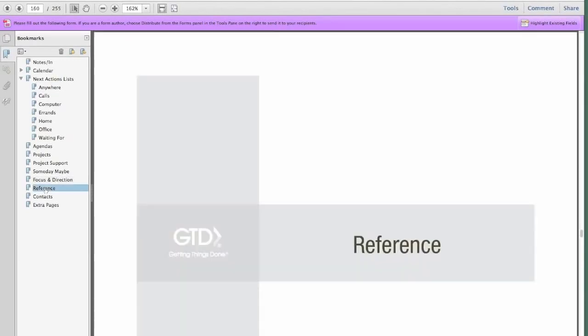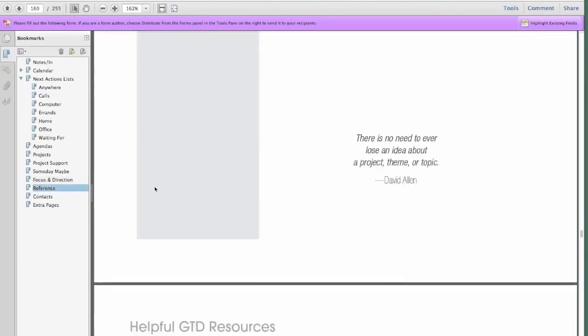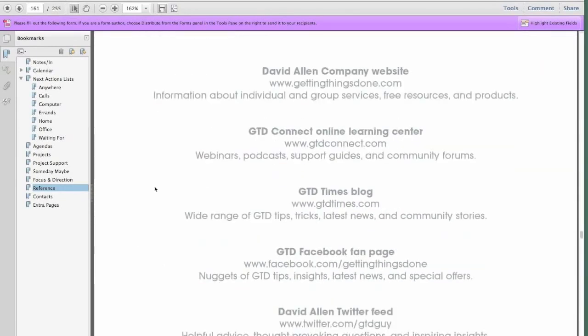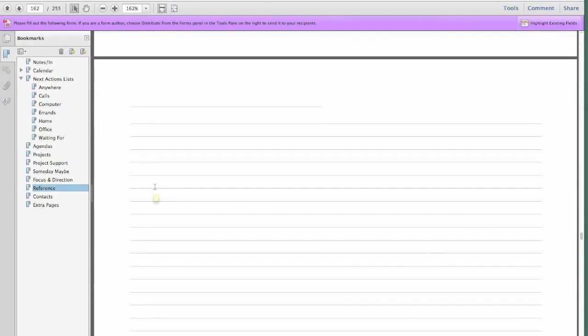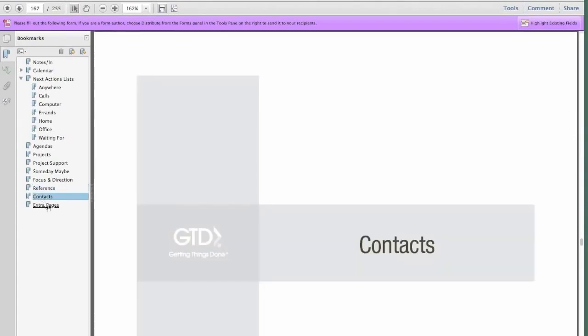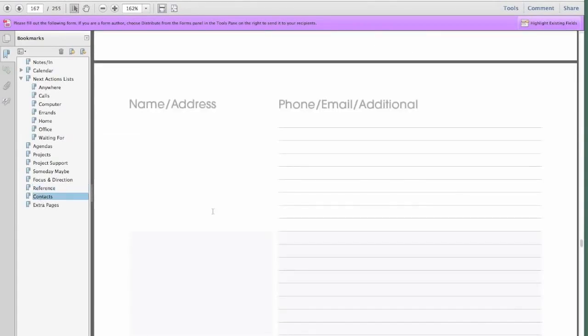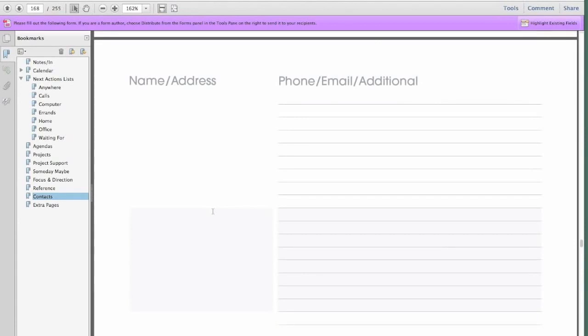Let's see, we have reference. Some reference includes the helpful GTD resources, just so you have those at your fingertips, and then a bunch of blank paper for you to capture any kind of reference, checklist, that kind of thing. Contacts. So we know that you probably won't have this as your primary contact manager. Probably supplement somewhere else that you have this electronically, is what we hear from a lot of people these days. But we've given you a handful of pages to at least capture the ones that aren't captured somewhere else, or you'd want in one place here.